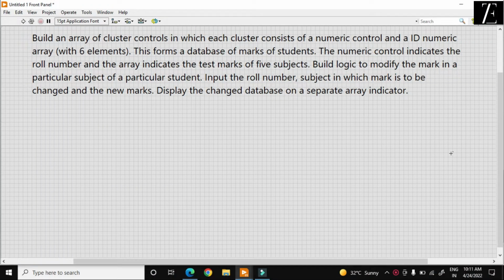Hello friends, today we build an array of cluster controls in which each cluster consists of a numeric control and a numeric ID. You can say in this case we have a student and the roll number of the student is mentioned, and his respective marks in different subjects are also mentioned. So for that purpose I just create first